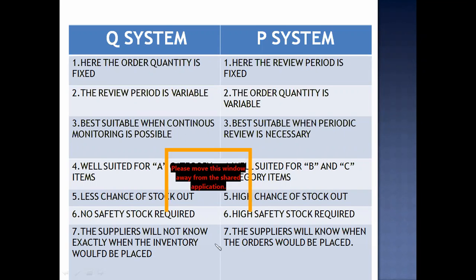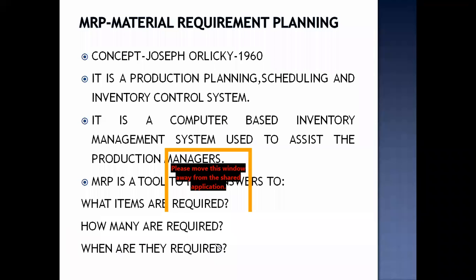क्योंकि आज 2 तारीख को मैंने place किया order, next they will expect my order only in the next month. So they have time to arrange my inventory over there. But in Q system, of course, the quantity would be the same, but I can place the order anytime. So supplier side should be more prepared under Q system. This is Q and P system of inventory management.